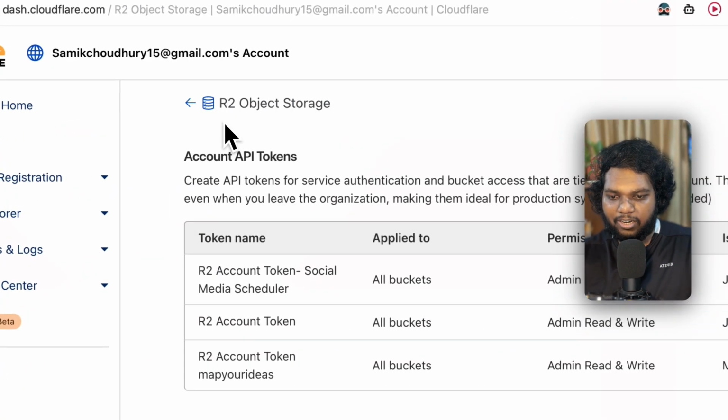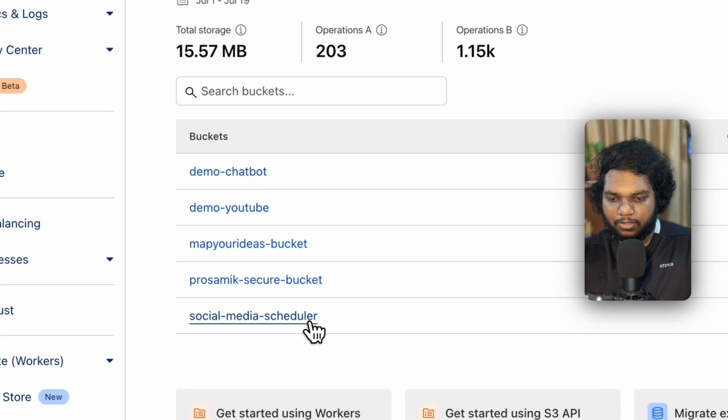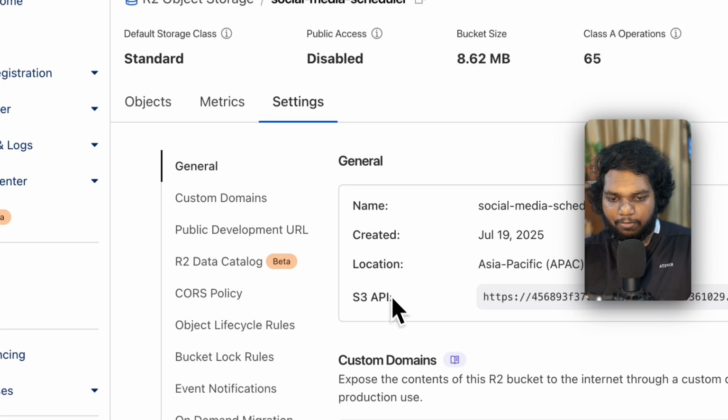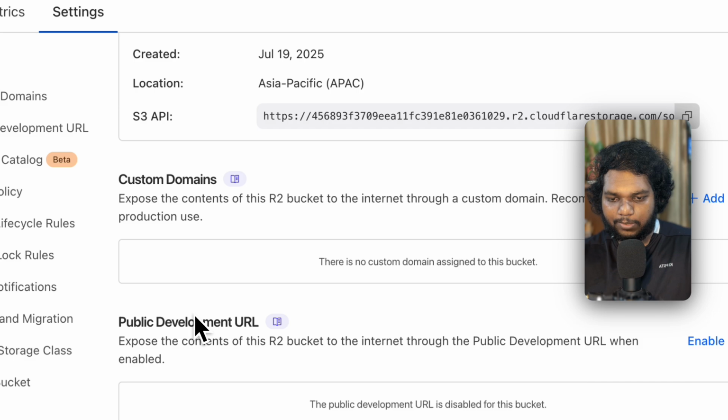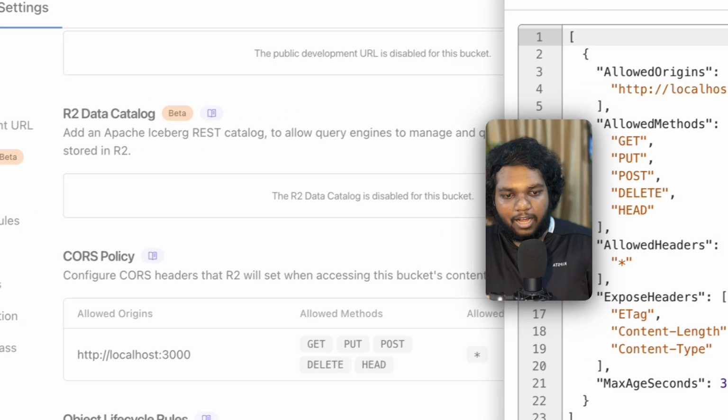And I also need to make sure that I tell you, and that is the social media scheduler. Okay, my API keys are not exposed. Well and good. Okay, I will show you what we need to do, and we need to set up the